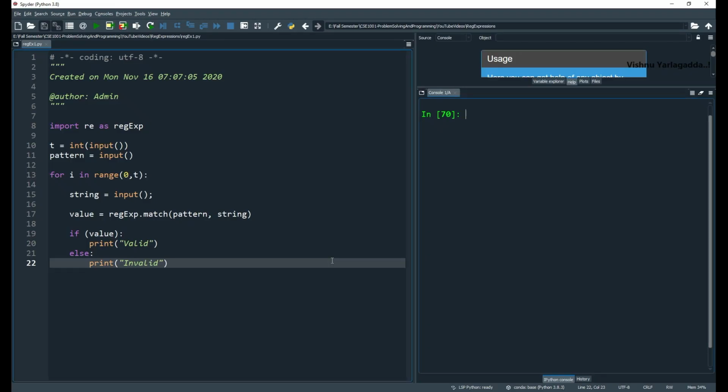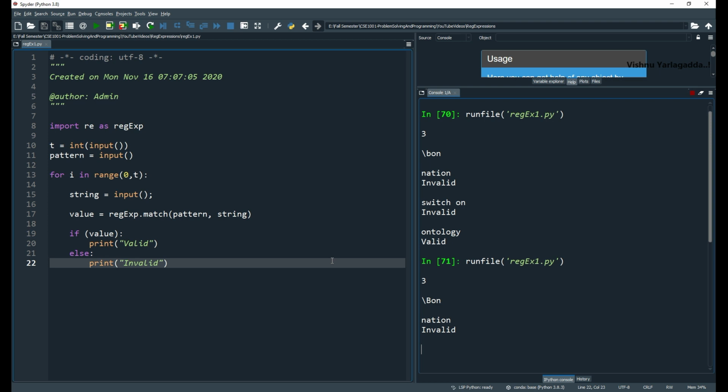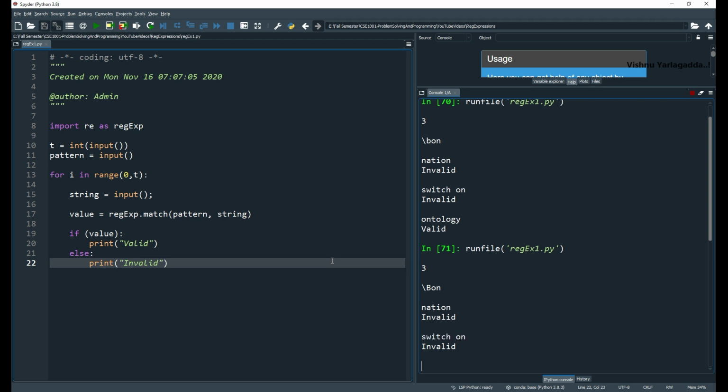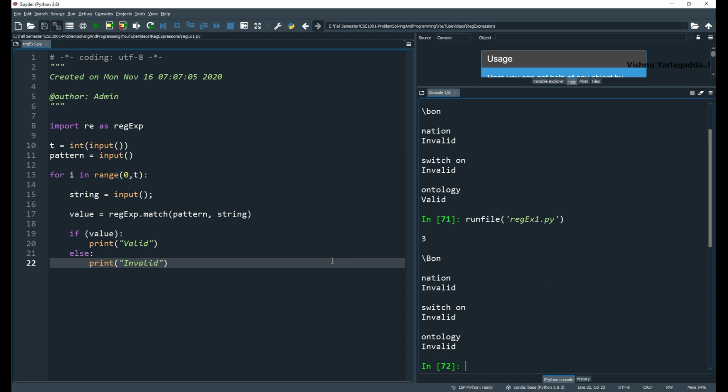I'm giving the test case. Three test cases. Backslash b on is my pattern. Nation is invalid. Switch on is invalid. Ontology is valid. For backslash b, the same three test cases: backslash b on. Nation invalid, switch on invalid, ontology is also invalid because it is not starting with on.